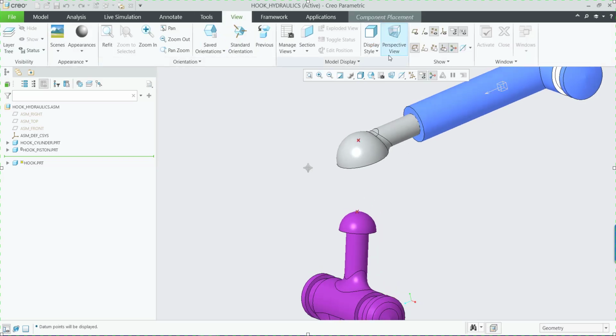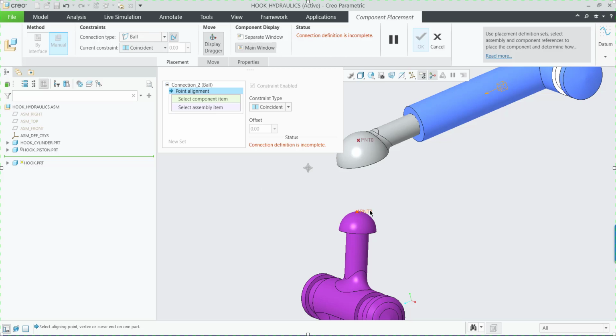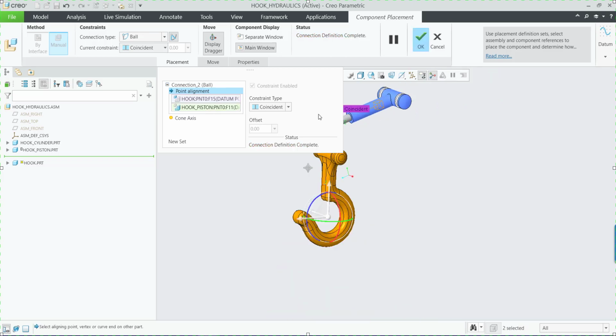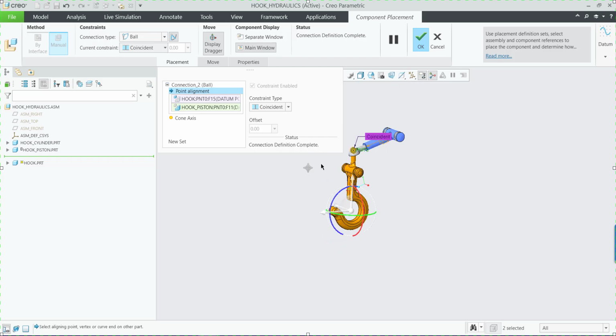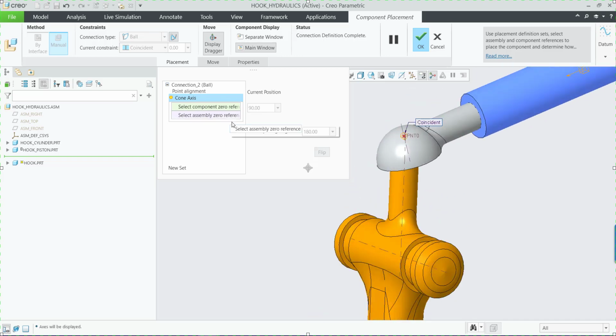We can check the point names as well. So both the points, they are available. Let me just choose this point with this point, and I have got the ball joint created. And further I can deal with the cone axis. So for cone axis, I can deal with the axis from both the parts. One axis, that is from this part,